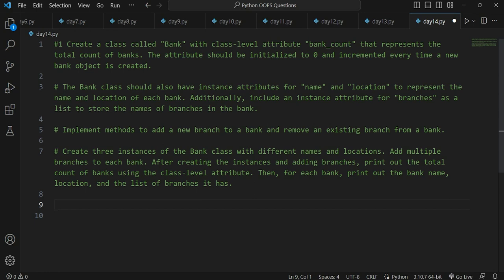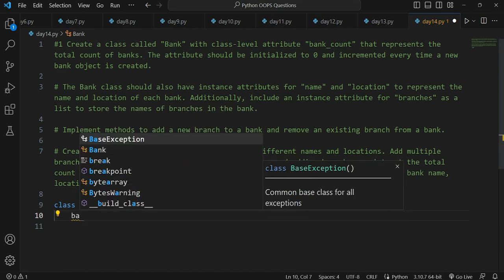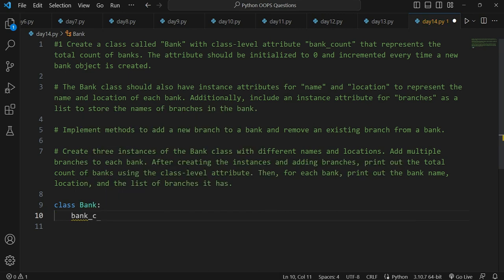So step by step we will be going. First of all, they are asking us to create a class as Bank, and then we have to create a class level attribute as bank count. We have been doing these questions for the last 2 days, right?